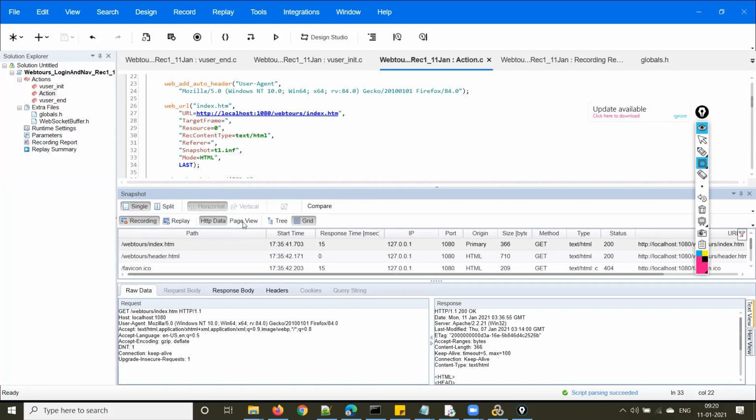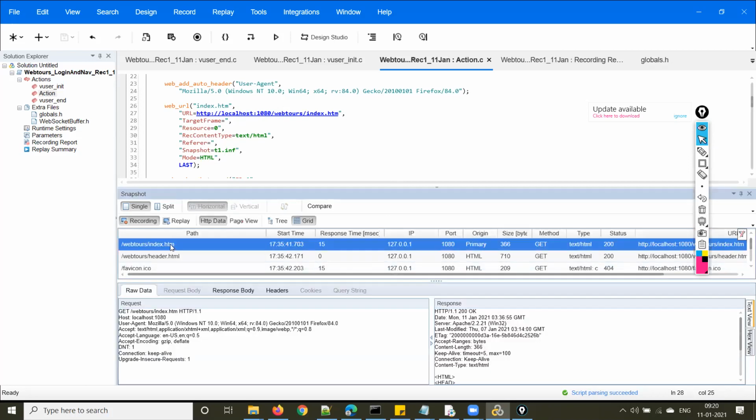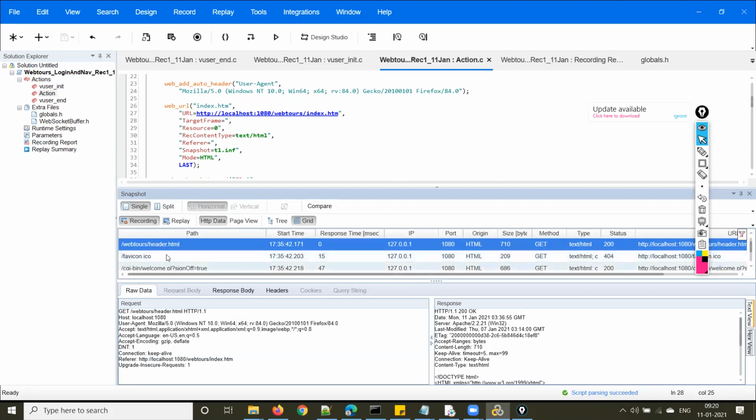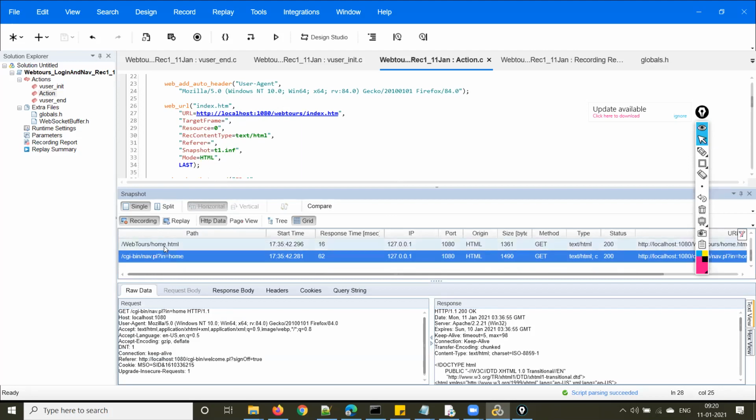If you click on page view, you'll see the response that we got from the server for this request, right? So you have to go to page view to check that. If you go to HTTP data, you'll see the request and sub requests: web2's index.header.html, welcome.pl, home.html, nav.pl, and so on.